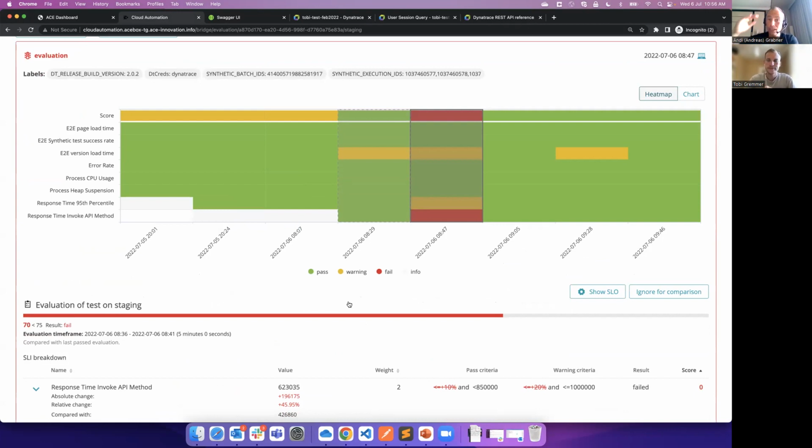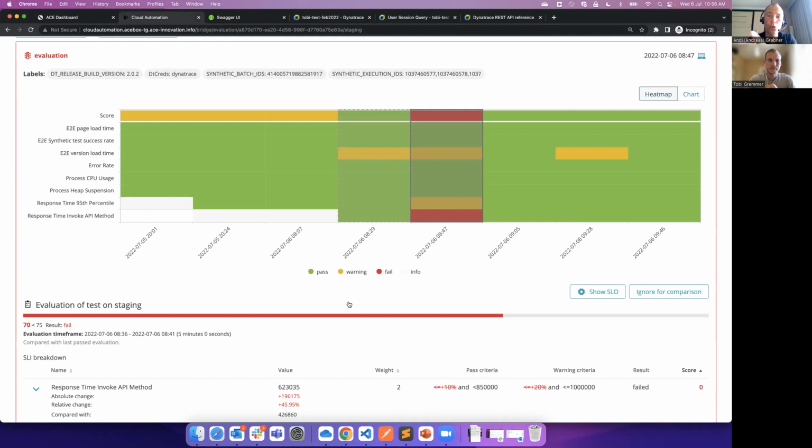Anything from the end user, what you show, but all the way down to your pods, to your containers, to your nodes, whatever it is. And this is the power of it. And you did a great job. I mean, it's so fantastic to see how synthetic tests on demand can be used and integrated into the delivery